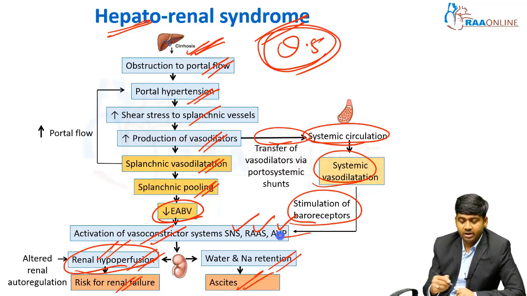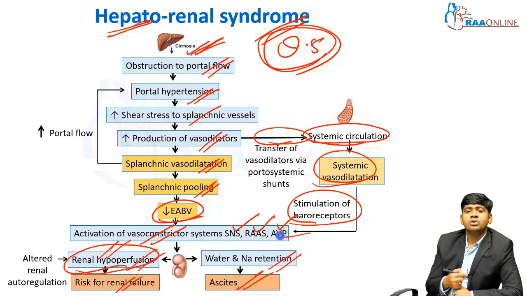So in this way, it develops hepatorenal syndrome. Once there is cirrhosis of the liver, it will go on increasing the portal hypertension. Once portal hypertension is there, it will produce splanchnic vasodilatation and also systemic vasodilatation. Once splanchnic vasodilatation is there, not a lot of blood will come to the splanchnic circulation, and there will be a decrease in the renal blood flow, or the development of renal dysfunction because of the decrease in the renal